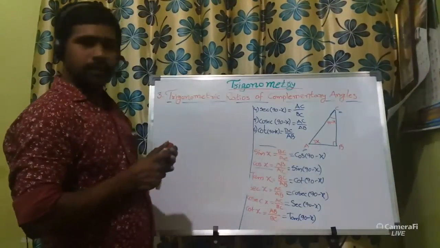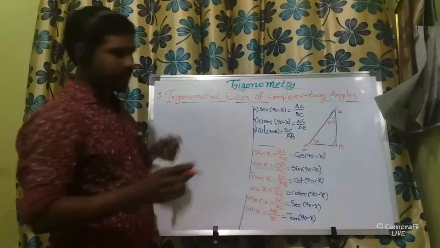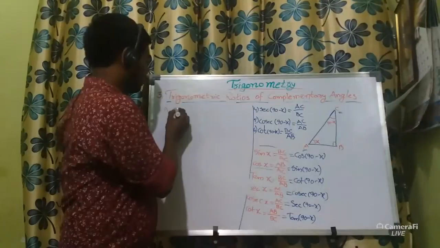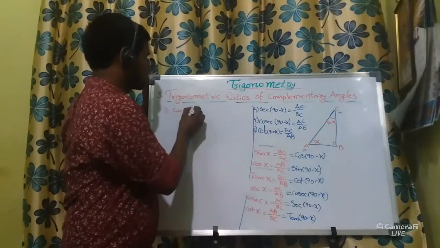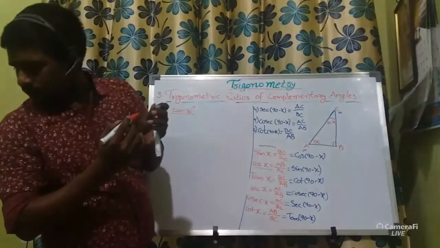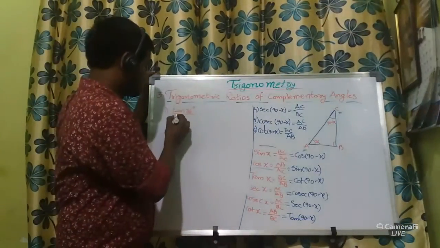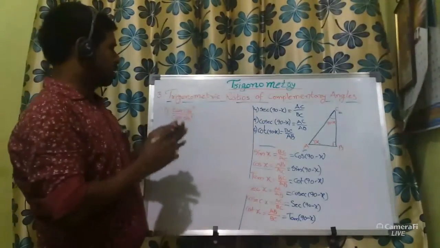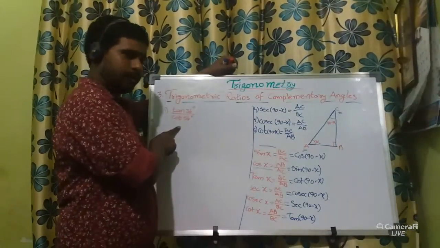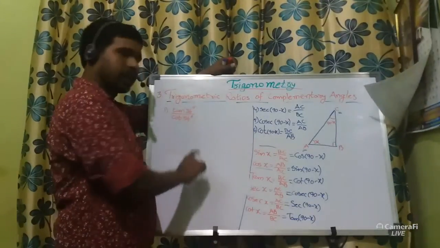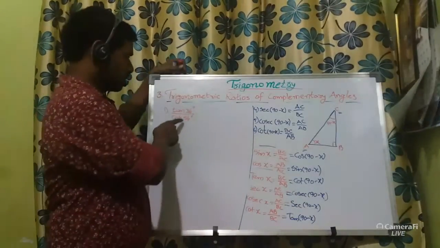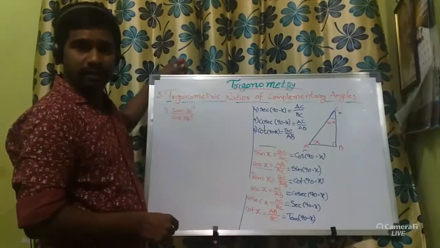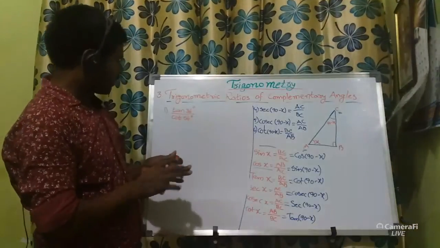Okay, right. Tan 36 degrees. Question number 1, exercise 3, question number 1. Tan 36 degrees by cot 54 degrees. If it is given in a question, the numerator angle and denominator angle must add to 90 degrees. This 36 plus 54 is total 90 degrees. Okay, so then we have to solve this.